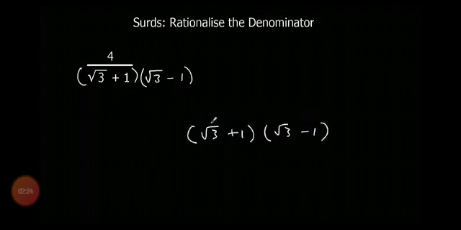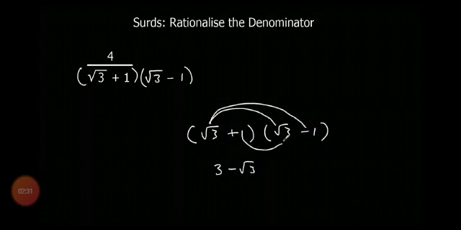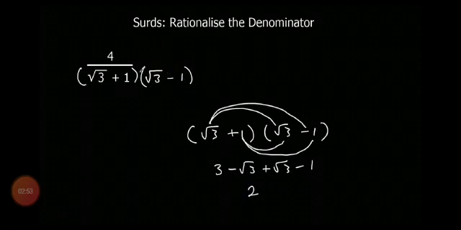Now we are going to check what the standard form will be after multiplication of under root 3 plus 1 with under root 3 minus 1. Is it possible that we will be able to remove square root from the denominator or not? Here we have done simple multiplication. In the middle term you may check that both are the same with opposite sign, we can remove, and after removing finally we will get 3 minus 1, which is 2. Only 2 will be the denominator after rationalization, and we can say this is the rationalized form because we have removed square root.